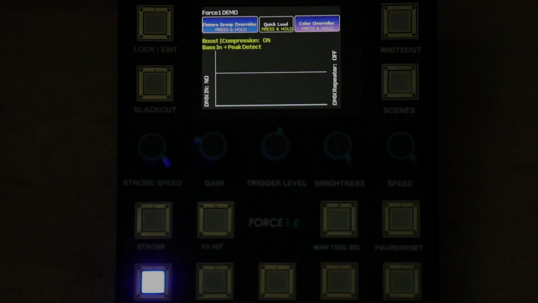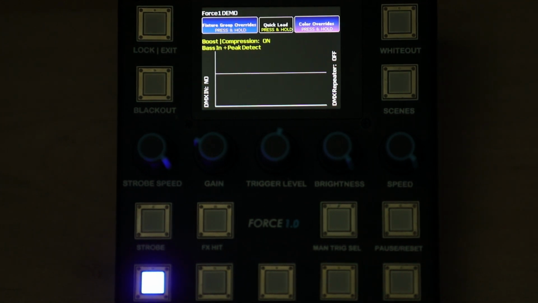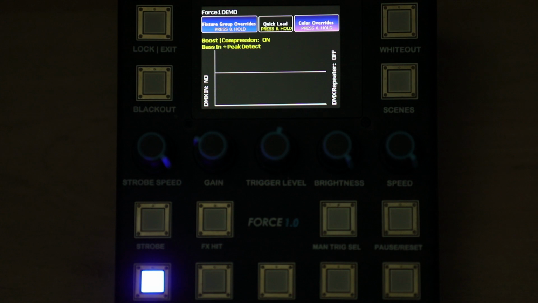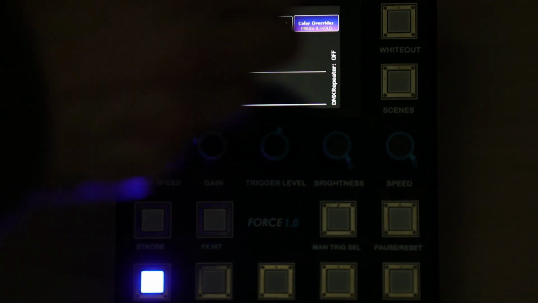In this video, we are going to cover the color overrides feature of the Force 1.0. Now, it is highly recommended that you watch the Attribute Banks and Scenes Builder tutorial video prior to coming here. Okay, so once you're in run mode, you access the color overrides via a soft button located in the top